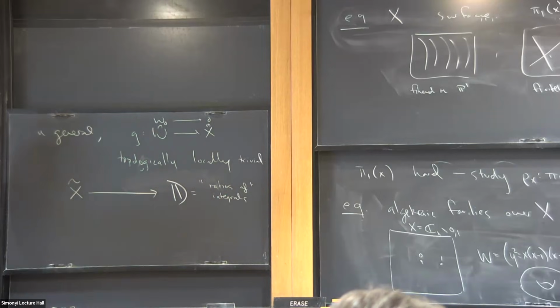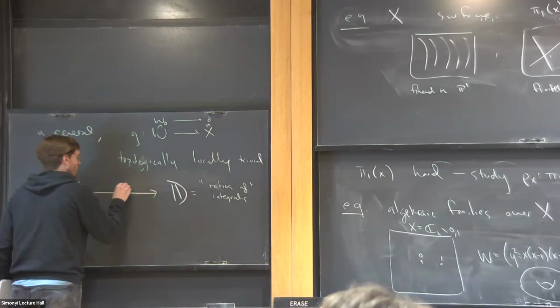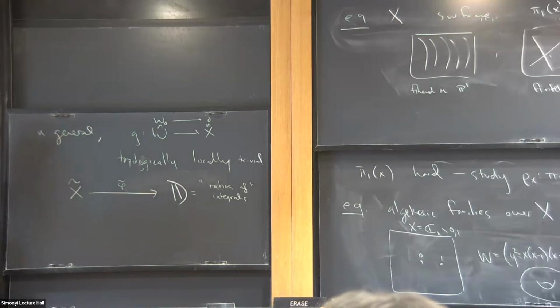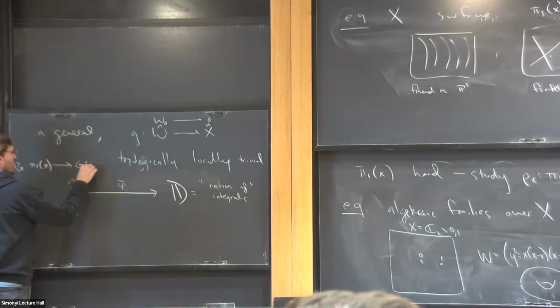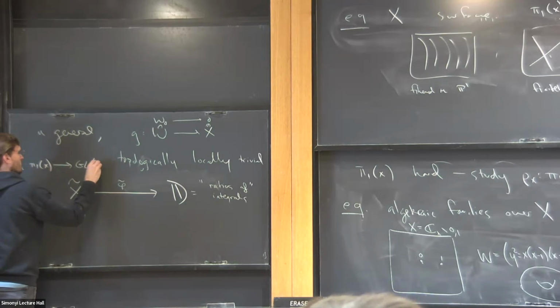I need to be more precise than that at the moment. This is what's called a period map. And just as over there, it's equivariant with respect to a natural representation, by looking at how deck transformations change the framing of the first homology that you took. So this lands in GL of, let's say, the kth homology of X.